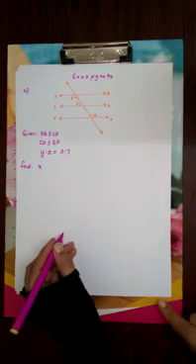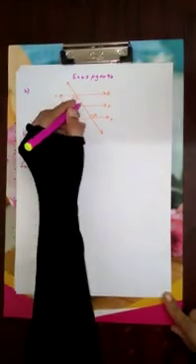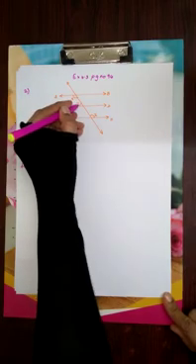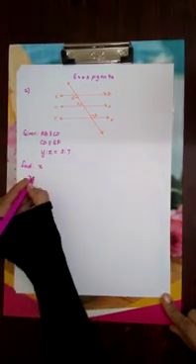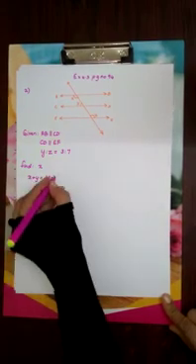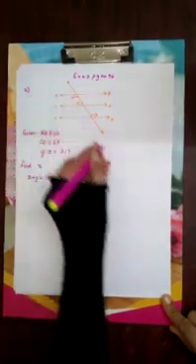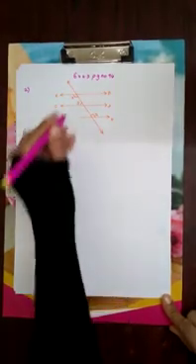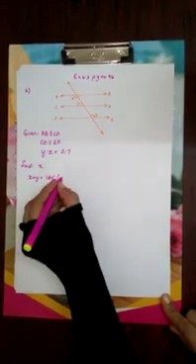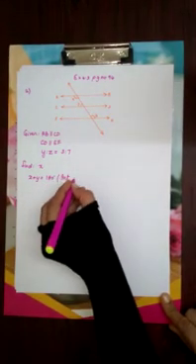Now if you observe, X and Y are lying on the same side of the transversal and they are interior angles. So can I write X plus Y is equals to 180 degrees? What is the reason, children? Because they said AB is parallel to CD. When a transversal cuts a pair of parallel lines, interior angles lying on the same side of the transversal are supplementary. That reason we will be writing,